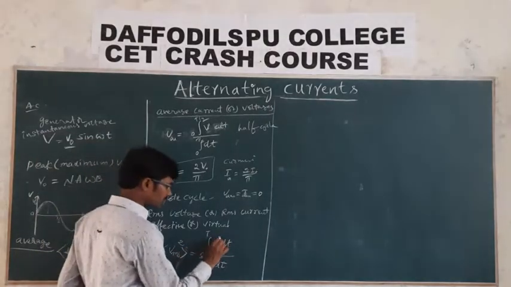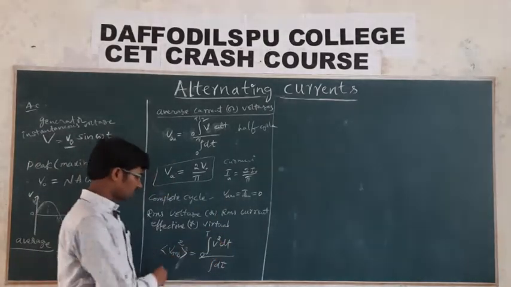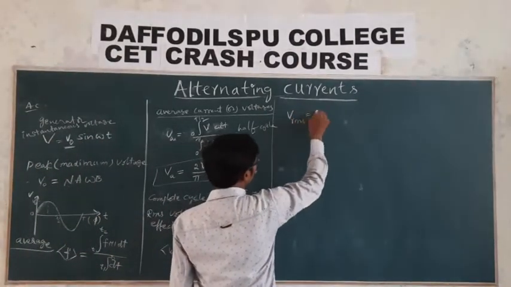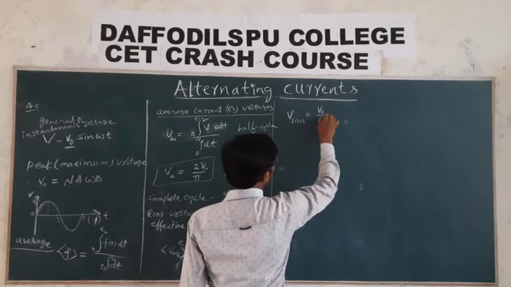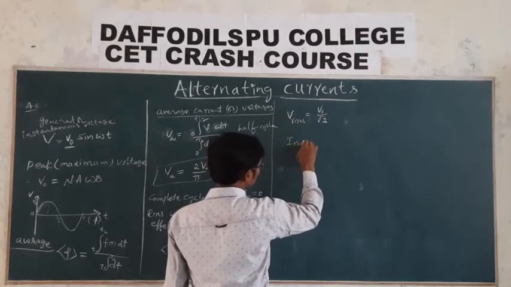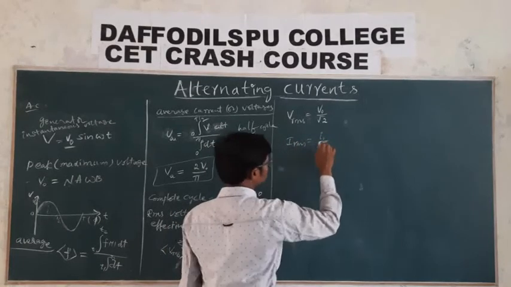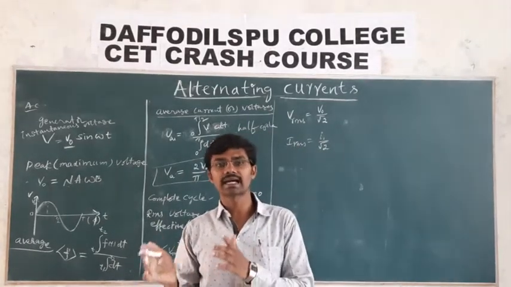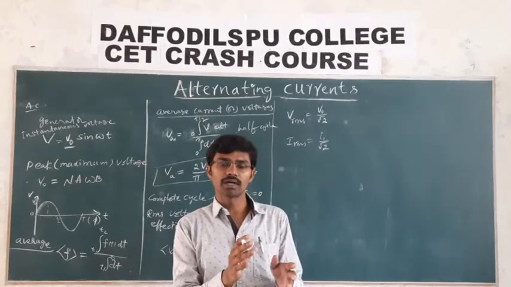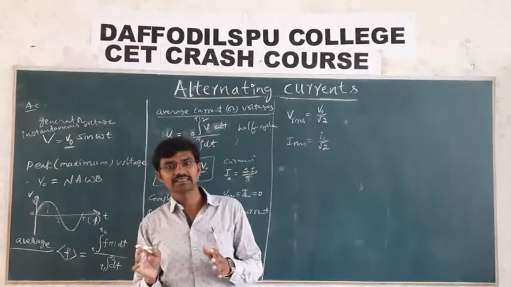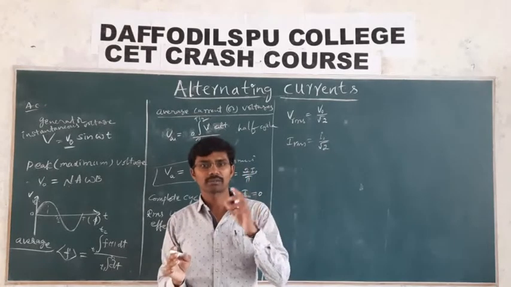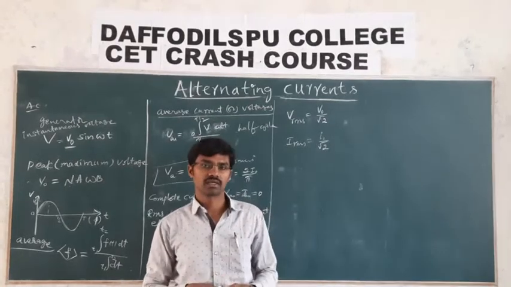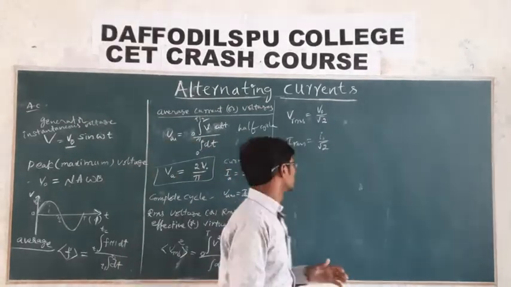But remember here V square, because we are discussing the RMS, the average of the RMS. From this, VRMS is equal to V naught by root 2. Similarly, IRMS is equal to I naught by root 2. Unless they mention otherwise, whatever voltages or currents are given in a particular problem or passage are nothing but root mean square voltages or root mean square currents. We need to consider them as RMS only.